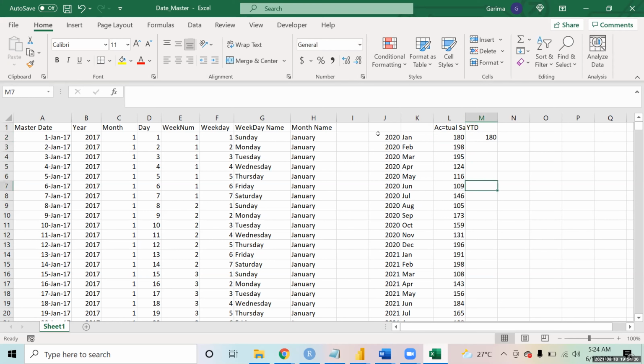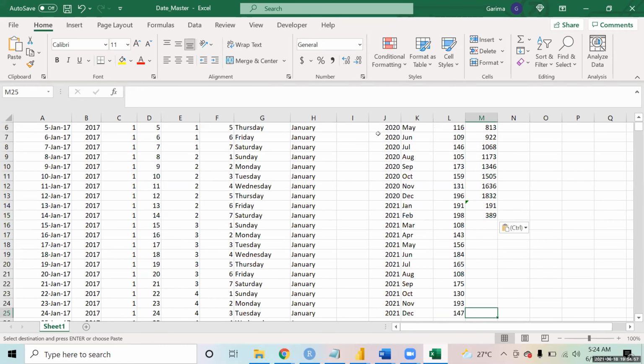In the YTD, what I will be doing is I will say equal to previous month sale plus this sale. So the sales will keep on adding till the month of December, till the last month. And after that, we start the addition of the sales all over again. That is something that we call YTD, that is year to date.